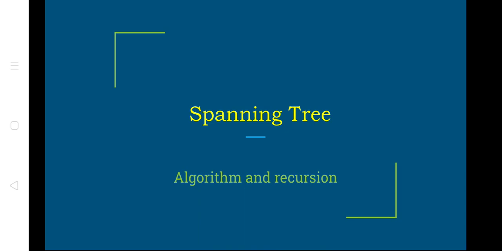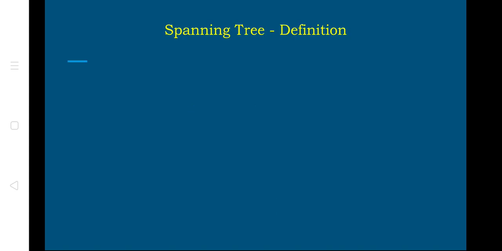Hello everyone, in this video we are going to see about the spanning tree. So we have learned in data structures what a graph is and what a tree is, and we know that graphs have cycles and a tree has no cycle. That is the basic definition of a tree. The difference between a graph and a tree is that a graph has cycles or loops, whereas a tree doesn't have any cycle